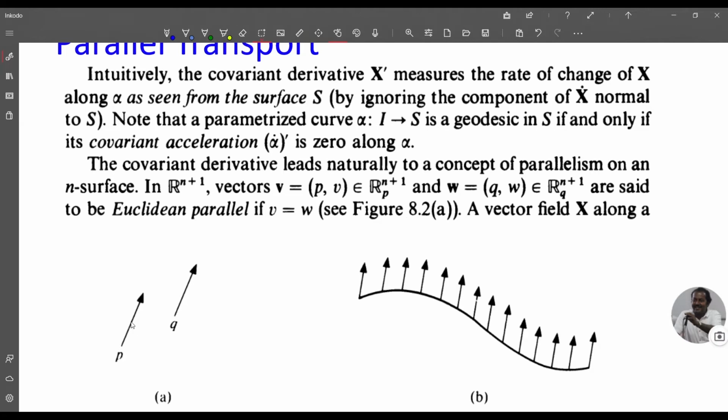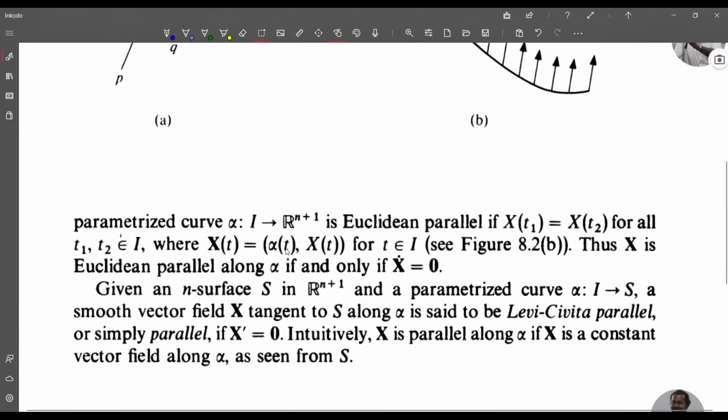These two vectors are equal. A vector field X along a parameterized curve alpha from I to R^(n+1) is Euclidean parallel if X(t1) is equal to X(t2) for all t1 and t2 in I, where X(t) is alpha(t), X(t) for all t in I. That is,